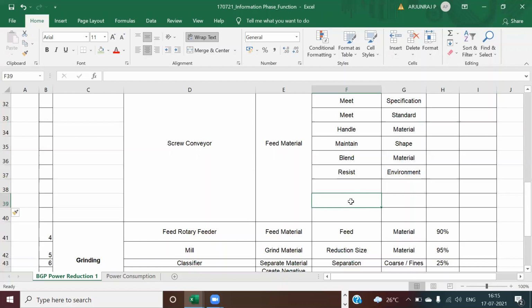May I share a photo of a screw conveyor? Yes, can you share it on WhatsApp? No, it's okay, not WhatsApp. You can share the screen, or send it in the chat box, no problem. On the net also you will get a lot of screw conveyor photos. Just Google it, a lot of photos will come.